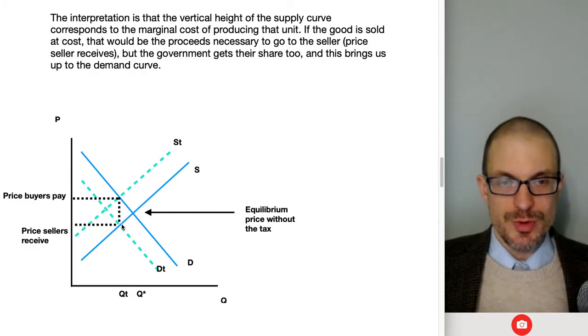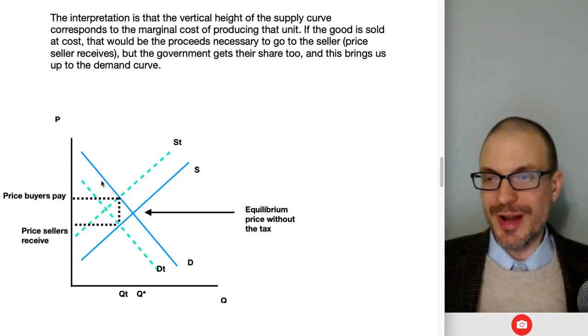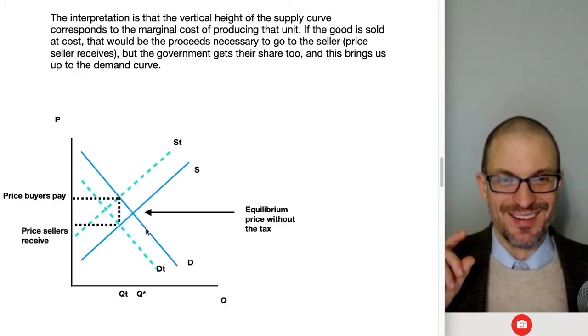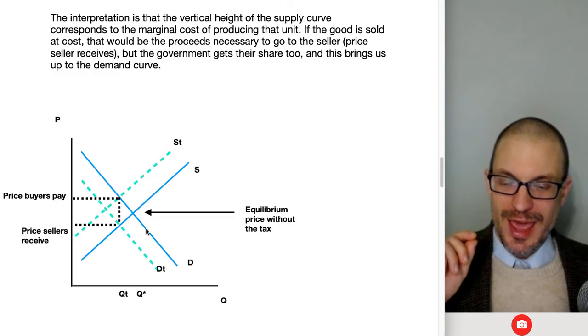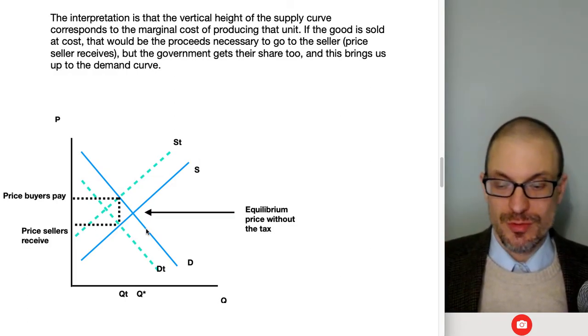The other way we could think about this is as a tax on buyers. If we have a tax on buyers, then when the buyer sees the price tag, they're going to have to pay for the good, but then also for the tax. So think about like,